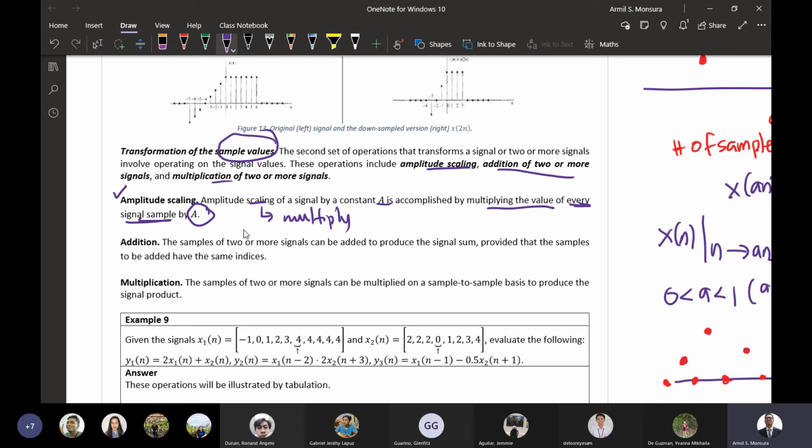Okay, next. Addition. In addition, the samples of two or more signals can be added, okay, to produce the signal sum. Okay? Ito yung importanteng note dito. Provided that the samples to be added have the same indices. Okay? Ibig sabihin, pag magpe-perform kayo ng addition of two or more signals, okay? If you are to perform addition of two or more signals, you can only add, okay? You can only add